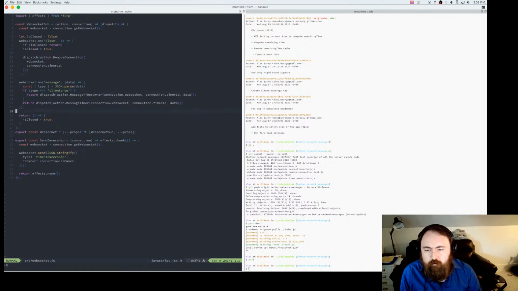And we could do this automatically from this side. And the nice thing about it is because I have an instance of this connection, I know if they are the owner or not. Oh, wait.